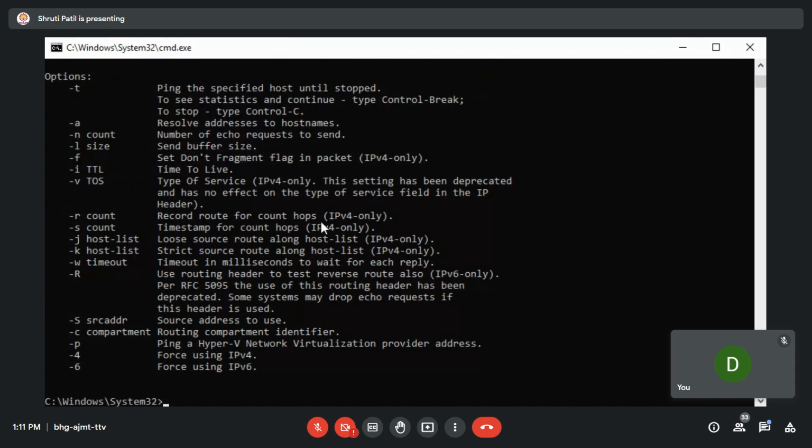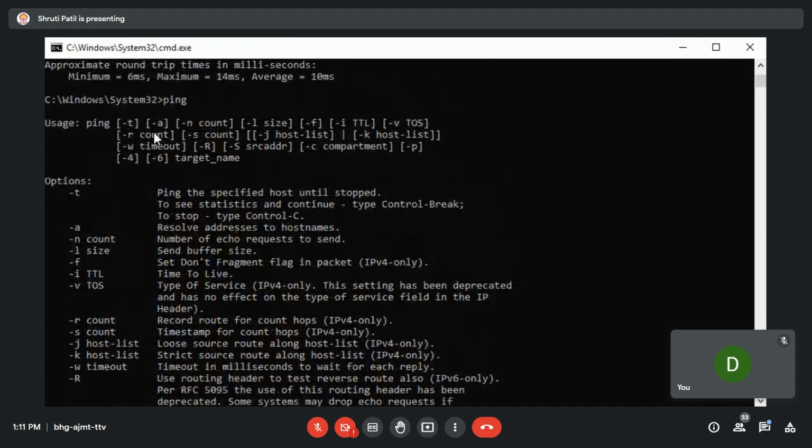So if you see this ping, you can see there are a number of options you can have. Now when you just type ping it will show you all the options and it will show you the meaning of these options also, that is what it is going to do. So here you can see there are number of things. It will ping the specified host until stopped. मतलब आप जब तक उसको control C करके stop नहीं करते हो it will just keep on pinging this particular